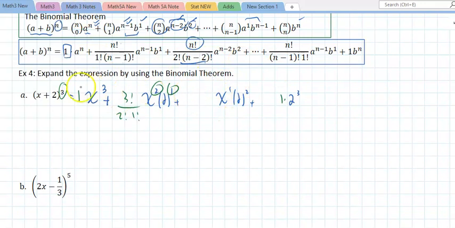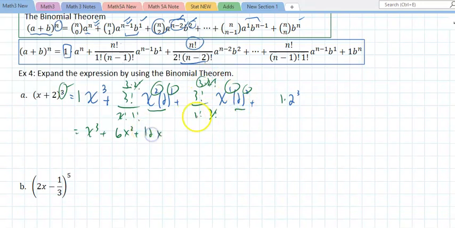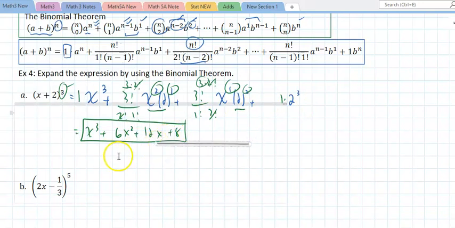Here, this is always going to be n factorial over 1 factorial, 2 factorial. So this is x cubed plus, this is 3 times 2 factorial. That's 3 times 2x squared, which is 6x squared, plus, this is 3 times 2 factorial. Those cancel out. That's 3 times 4, 12x plus 8. There it is. So using the binomial may seem to be a bit messier, but if you keep on looking